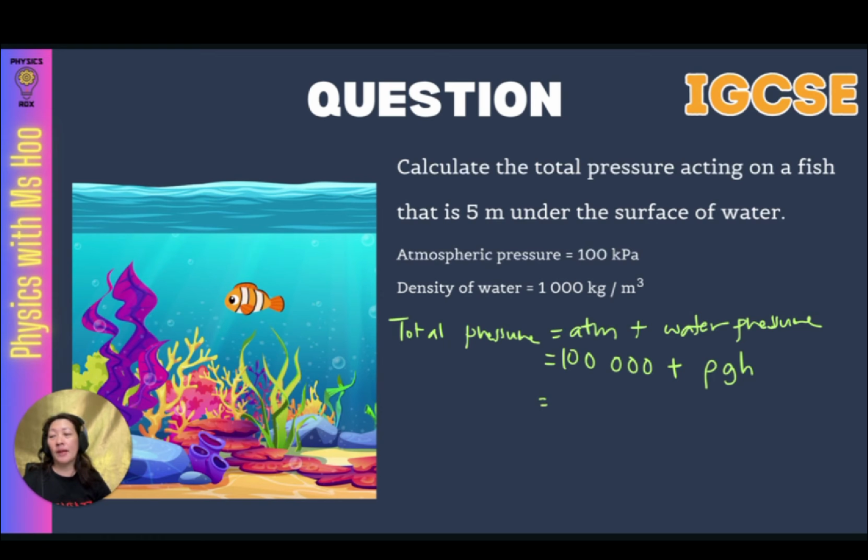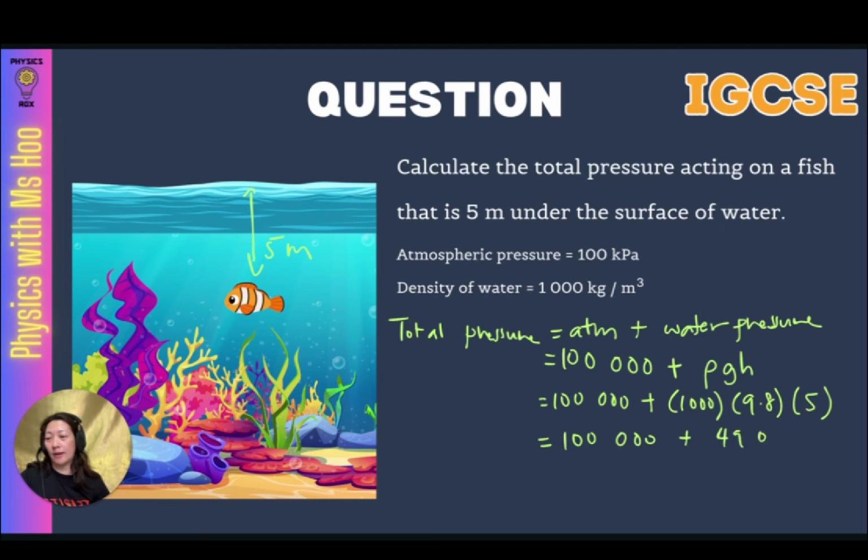Now we're going to substitute in the values of rho g h. Rho is the density of water, which is 1000 kilograms per meter cubed. g is 9.8 meters per second squared, while h is 5 meters because the fish is 5 meters underwater. So now all we need to do is total up the numbers. I'm going to break this down step by step so that you can follow the working. So 100,000 plus 49,000 pascals. Adding that together, you will get